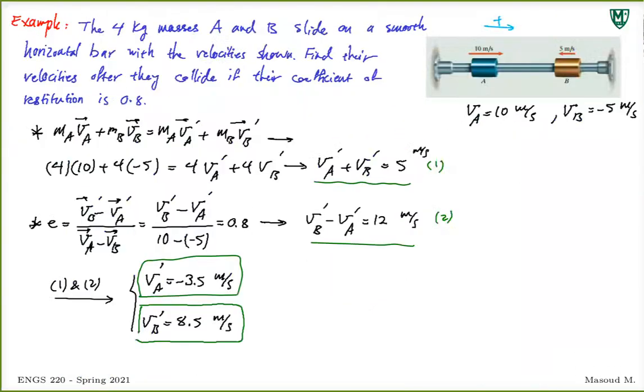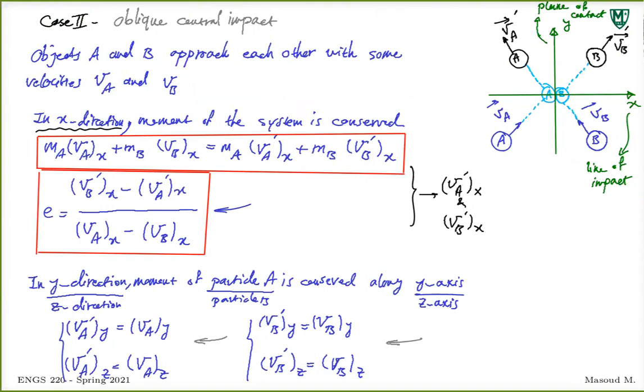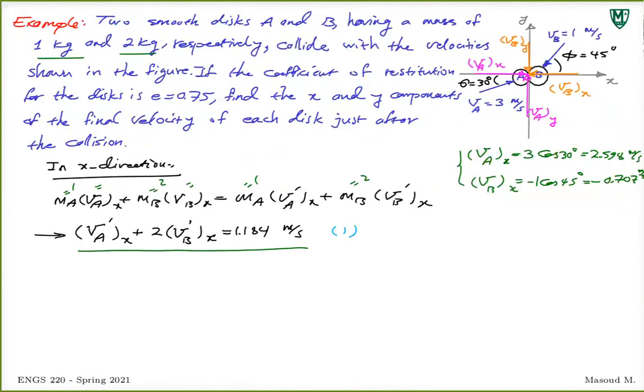Similar to direct central impact, right? And then we have the coefficient of restitution. So we have 2 equations for 2 unknowns, the velocities after the impact. So I'll go with this equation because I need one more equation. I have 2 unknowns. So that will be e is equal to